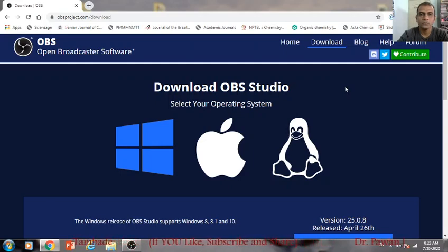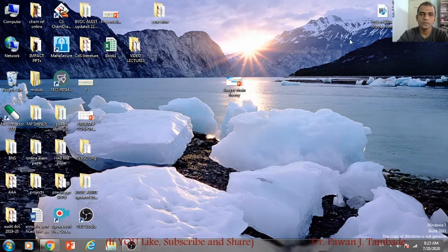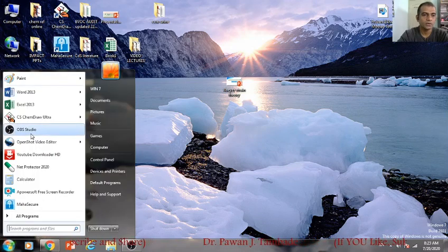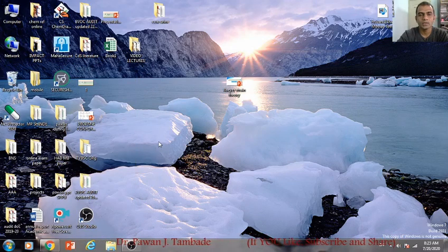After a few minutes the software gets installed in your system and it will show this type of icon on your screen, or in programs you can find the same icon in your program files. So this is how one can download and install OBS software in a system.